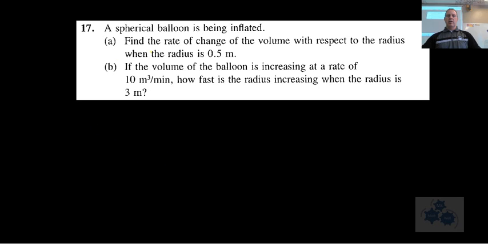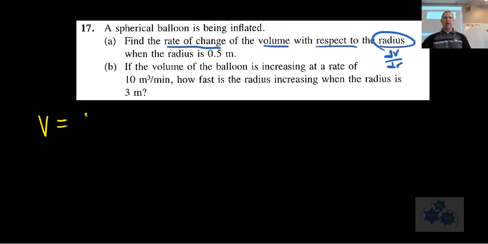So this question right here is talking about the rate of change of a spherical balloon. A says, find the rate of change of the volume with respect to radius. So this is dV over dr for A. And so what we have for